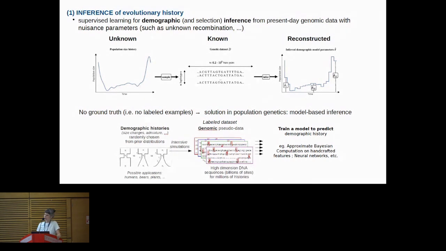So you can use your model to simulate data according to demographic histories that you would have specified, and you end up with many datasets that are this time labeled, that you can use to train a model that will predict